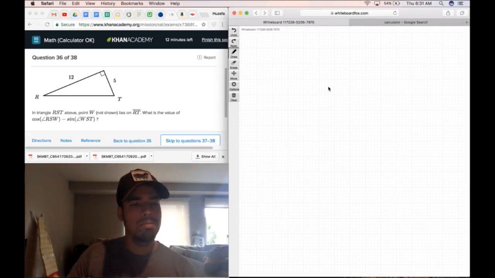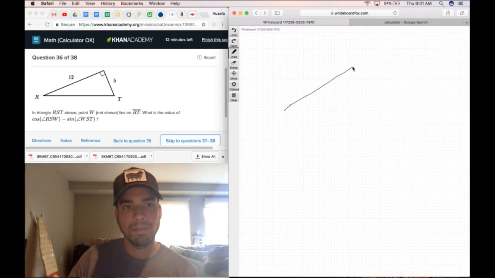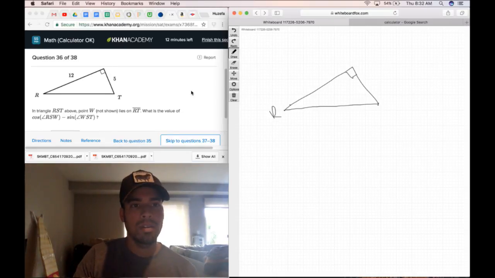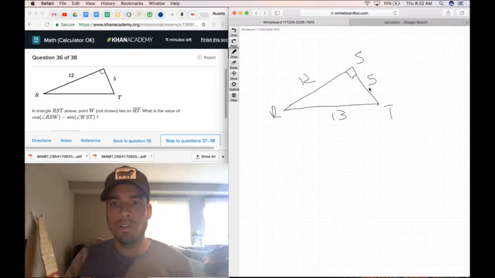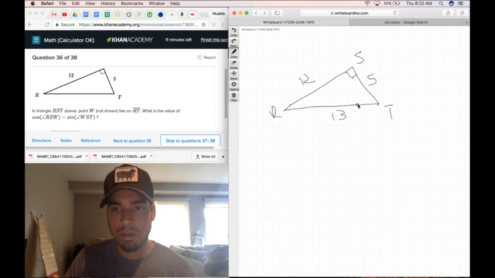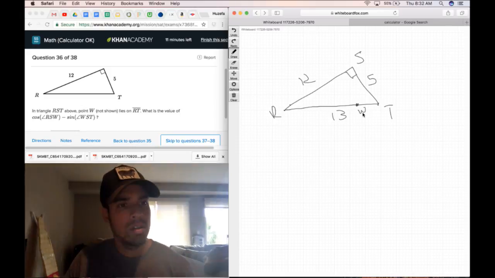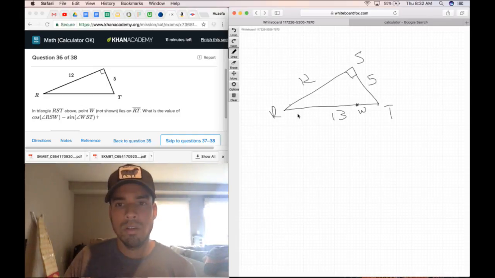In the triangle RST above, point W, not shown, lies on RT. It's S up here, ST. This is clearly 13 because it's a right triangle. You could use Pythagorean's theorem to figure that out. But then it also says W is on RT. Let's just put W here. What is the value of cosine RSW